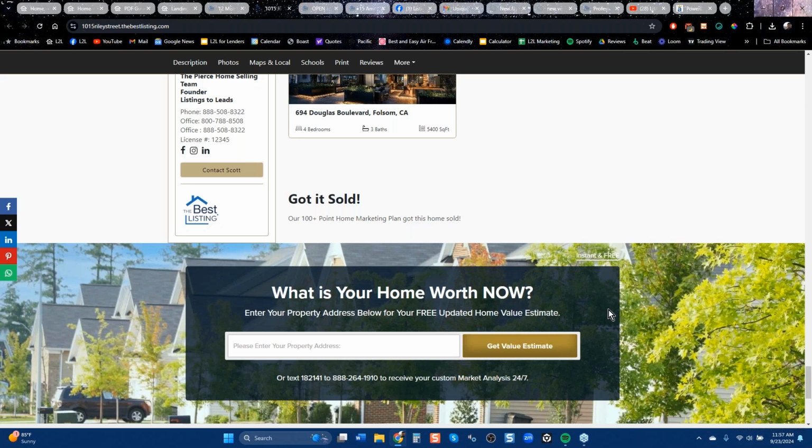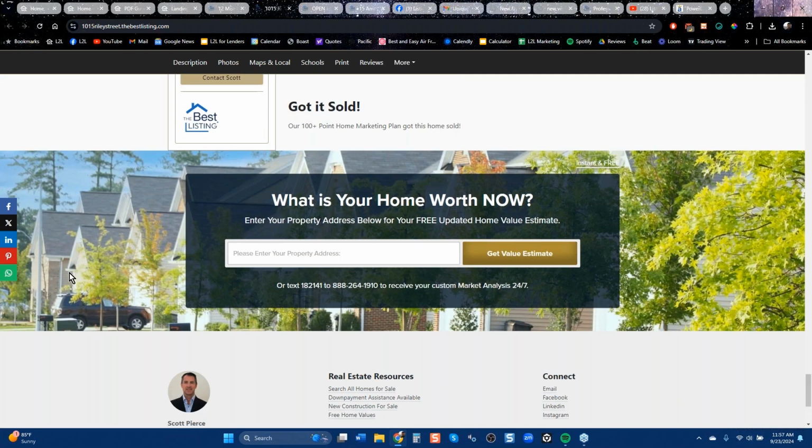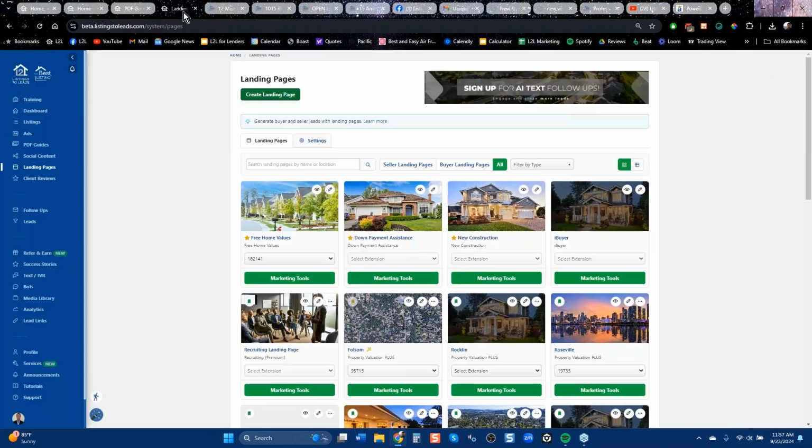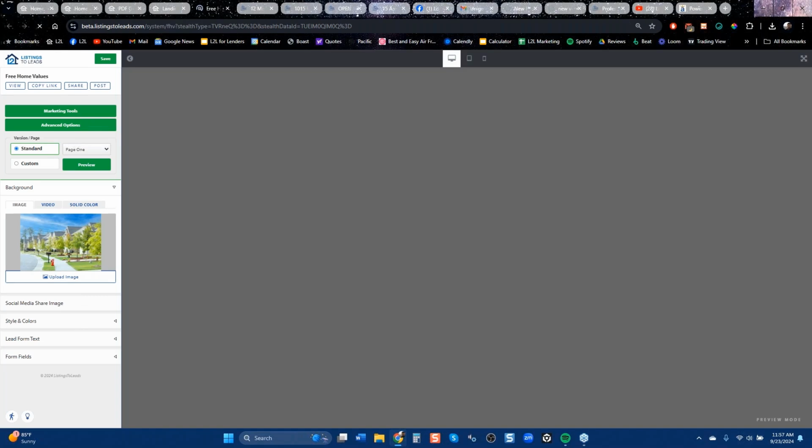We're showing that photograph. And the reason why I'm showing you that is that I don't know where you live, but if you live in Yuma, Arizona, your neighborhoods don't look like that. If you live in Washington, probably not either. If that geographically doesn't look like your area, go to the landing page section, click edit, the pencil, and put a photo there that looks like your market. Okay. That's going to help you out.